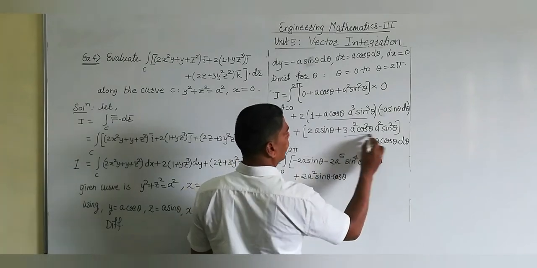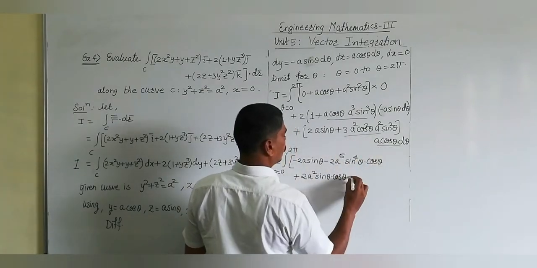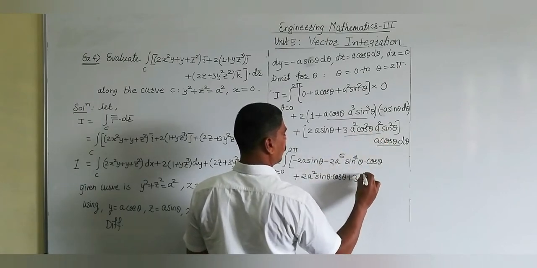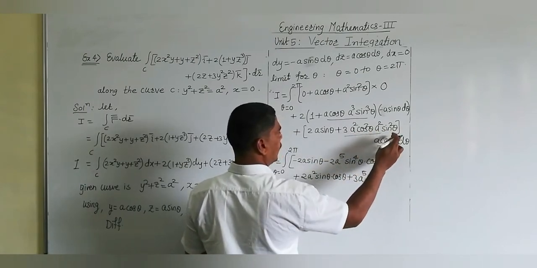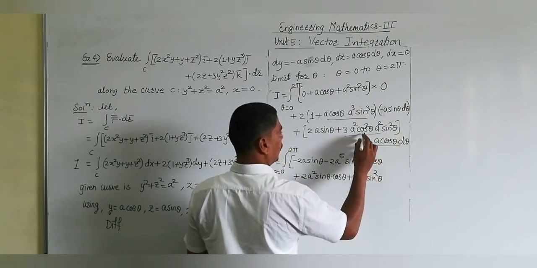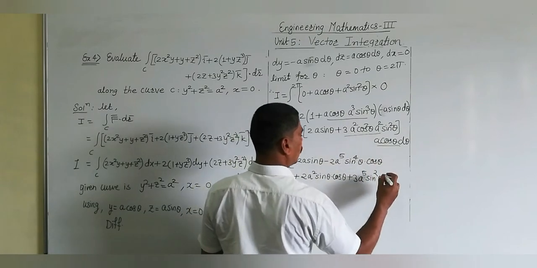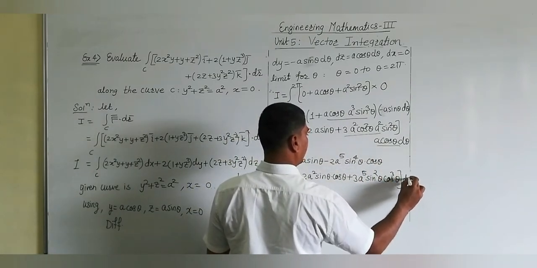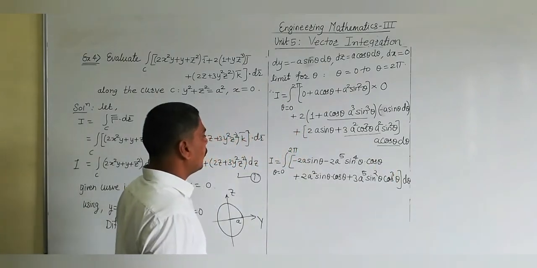And then this simplification becomes plus 3a squared into a squared, a raised to 4, into a, becomes a raised to 5. And in the multiplication, the sine squared term is unique, then for the cos terms, cos squared theta into cos theta becomes cos cubed theta. The whole bracket is complete into d theta. And now